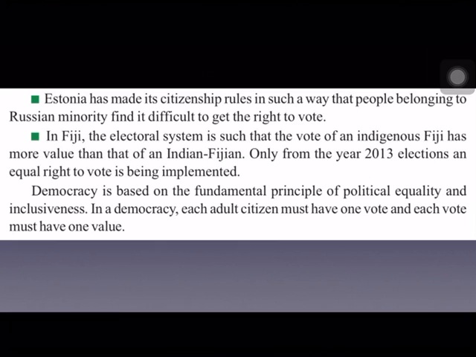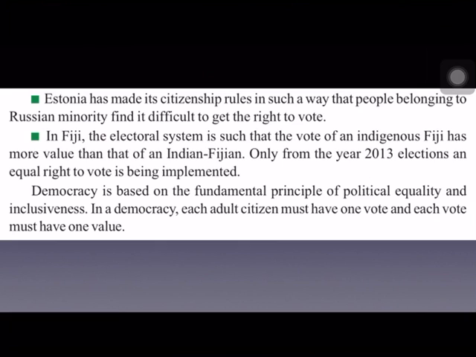Now for example, in Estonia, a country, it has made its citizenship rules in such a way that people belonging to the Russian minority are not given the right to vote. Some of the Russians settled in Estonia and they are a minority, less in population, so they are called the Russian minority. In Estonia, the right to vote is given to only the original inhabitants of Estonia. And the Russian people who settled in Estonia are finding it very difficult to get the